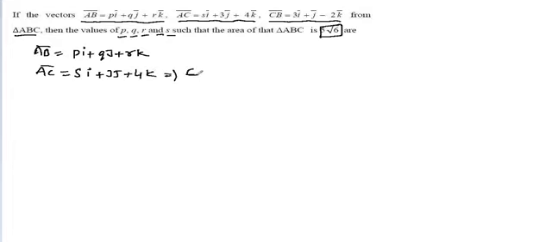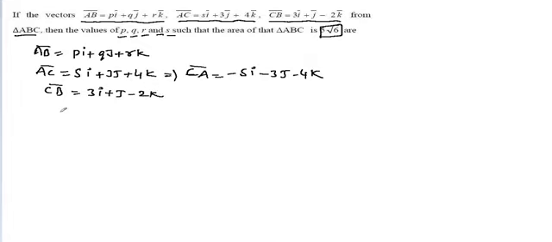Here the vectors are given. AB bar is equal to Pi plus Qj plus Rk and AC bar is equal to Si plus 3j plus 4k. Now we find CA bar, the vector multiplied by minus, that is minus Si minus 3j minus 4k, and CB bar is equal to 3i plus j minus 2k.